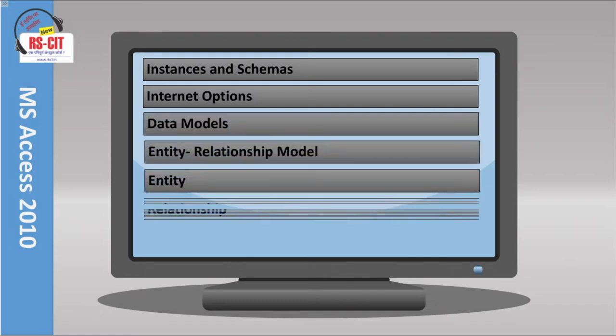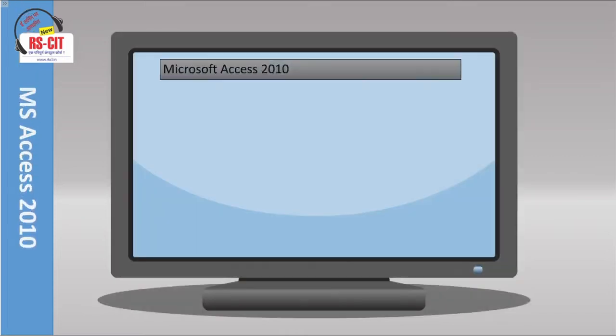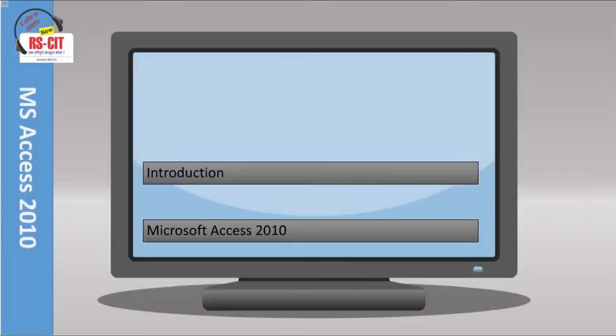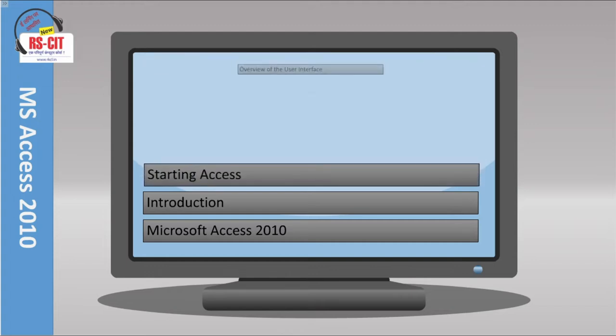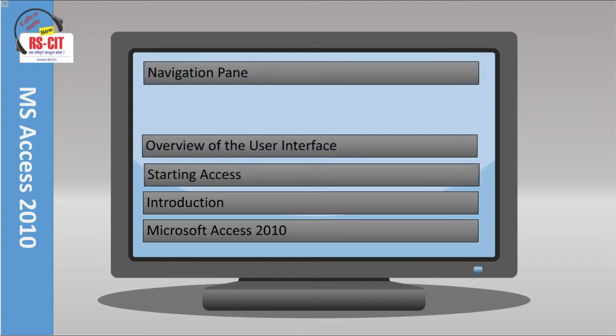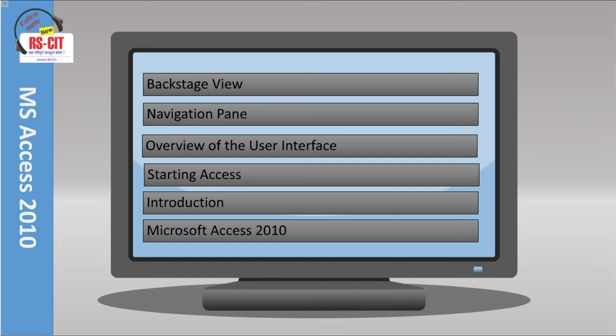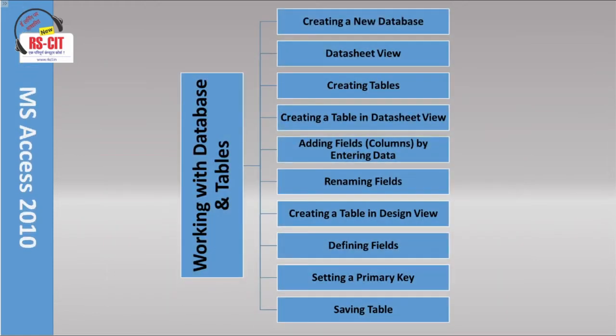Entity, Relational Model, Microsoft Access 2010, Introduction, Starting Access, Overview of the User Interface, Navigation Pane, Backstage View. Working with database and tables, creating a new database, data sheet view, creating tables, creating a table in data sheet view, adding fields, columns by entering data, renaming fields, creating a table in design view, defining fields, setting a primary